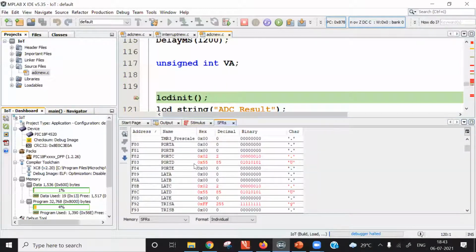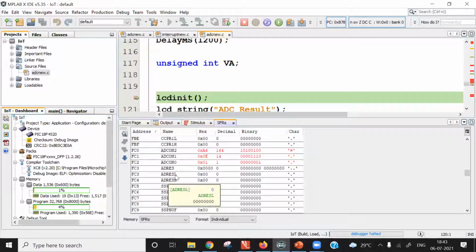Now in port D, this is previous simulation data. So what I will do is, I will clear this. Sorry, our result is in ADC. AD result high byte, AD result low byte. So I am clearing. Already result is cleared.